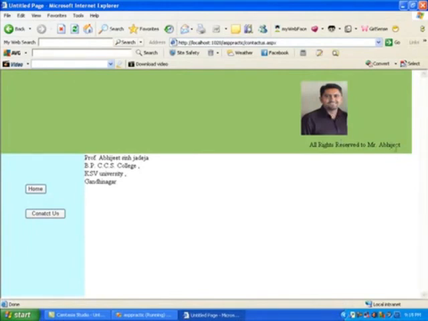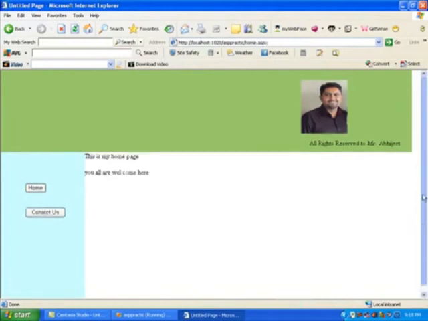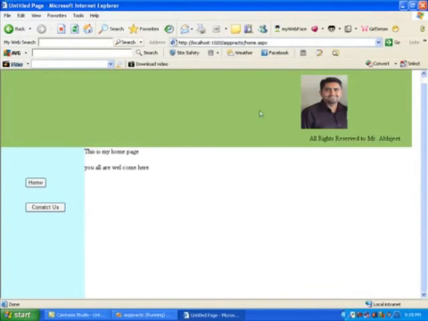All right, reserved to Mr. Abhijit is there. And within this short period of time, you come to know what a master page is, what a transaction page is, how we can manage those things, how we can increase the length of the web pages, and so many things. Presently this home page will have a scroll bar, so it will be a little bit higher.